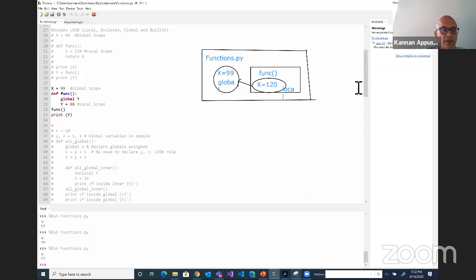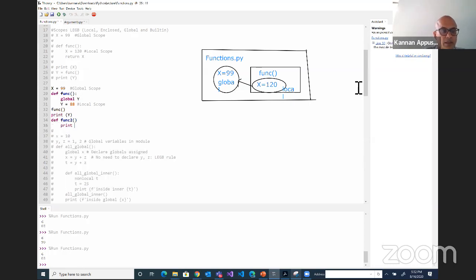So let's say I'll do a def func2, and print y, and I'll say f inside function2,